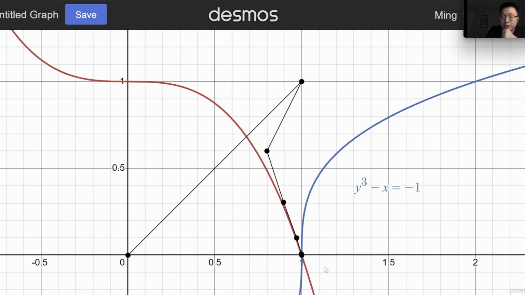And that's the end of today's video. Newton's method is extremely powerful, and there's no doubt that in future we'll see some applications of Newton's method in concrete